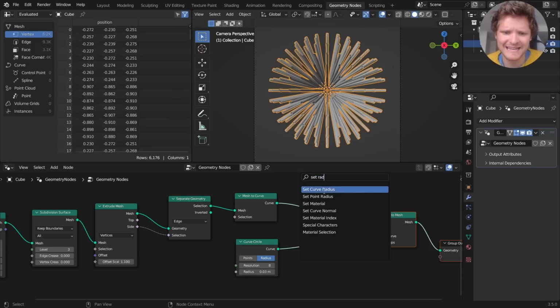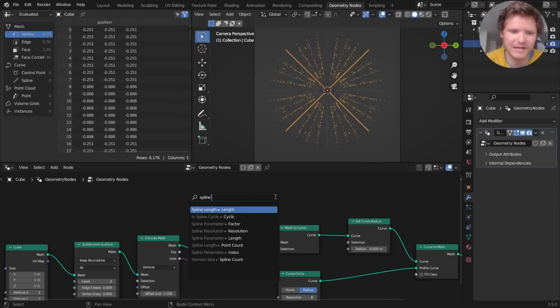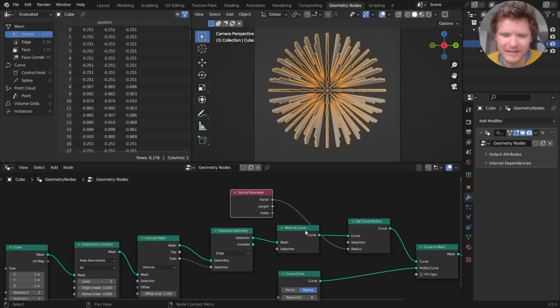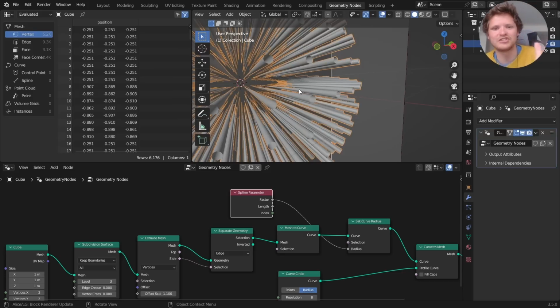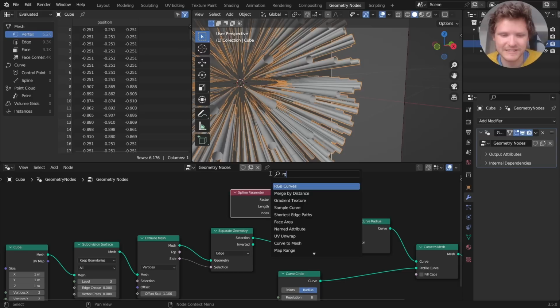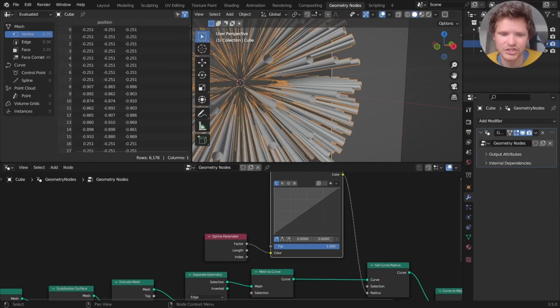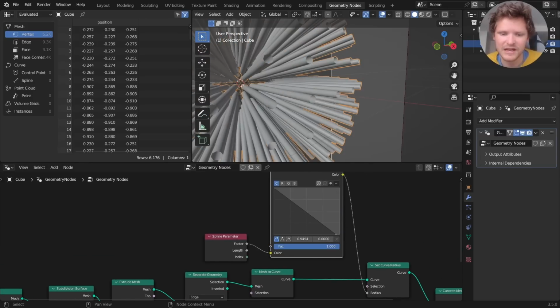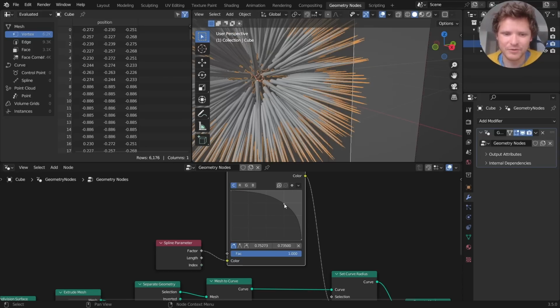Point is, add a set curve radius node. We are going to make this based on the spline parameter, so as we go along the spline, you can see it's kind of going the other way. It's pinching at the center and then expanding at the bottom. So what I can do is send this through an RGB curves, through the color input, and we can just reverse this. So you can see now it's going to be big in the beginning and pinching down here. We can also add some curvature to this to make it more interesting,